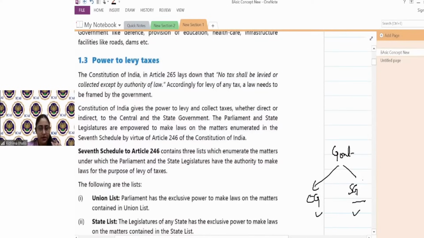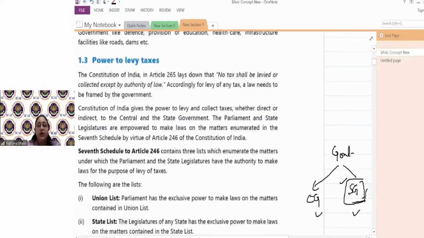Like professional tax. अभी आप, if you are in some particular states, there is a tax called professional tax, which is a very nominal amount of tax which you have to pay to the government if you are into some service or if you are into some profession. That is called professional tax. That power is on the state government. State government has a power whether they have to levy the professional tax or not, and what amount they can impose. So that is a state government.